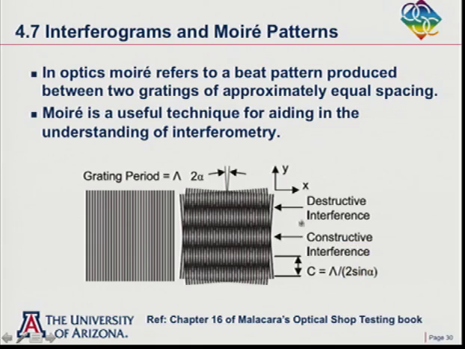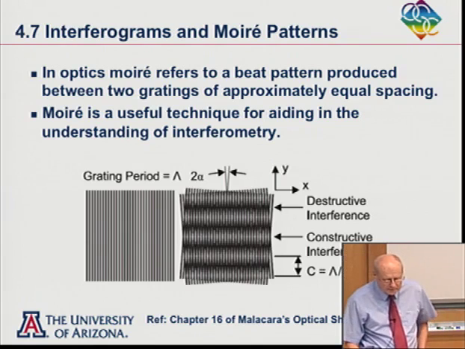And then I can measure the separation between two destructive interference regions or two constructive interference regions. And I end up with something that this separation turns out to be whatever the grating period is divided by 2 sine of alpha. So then I kind of think back to the interference of two plane waves, and I